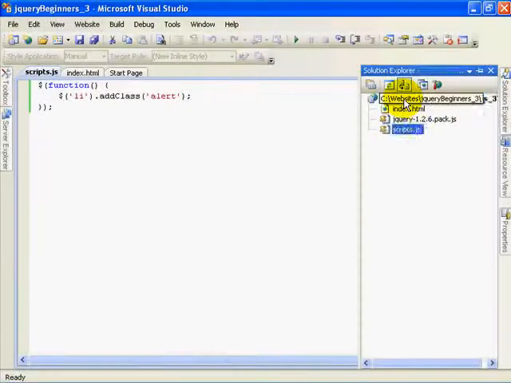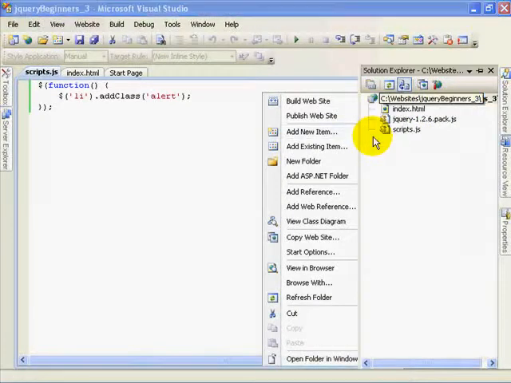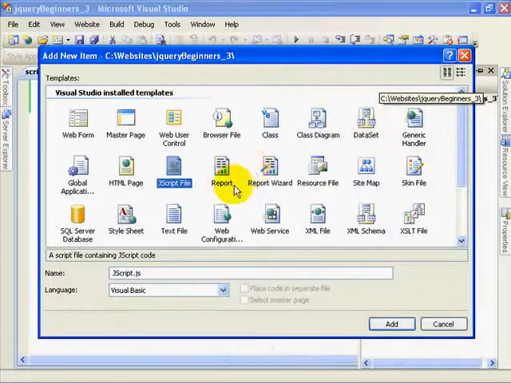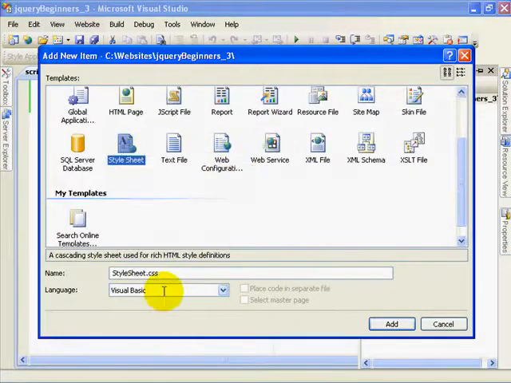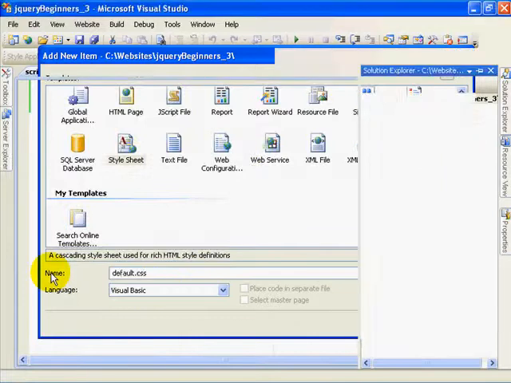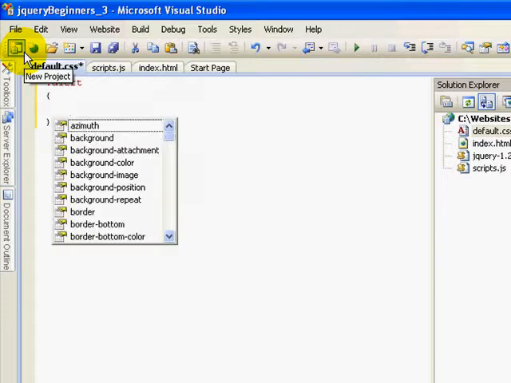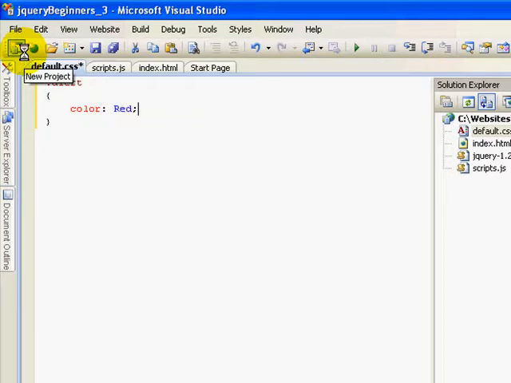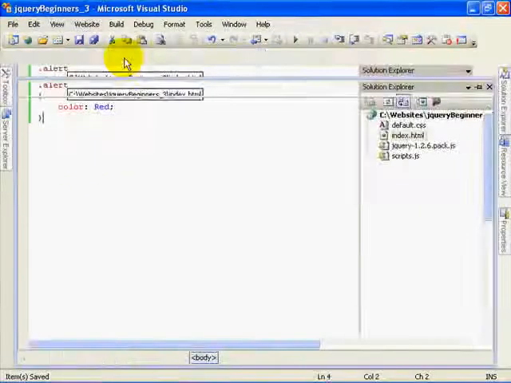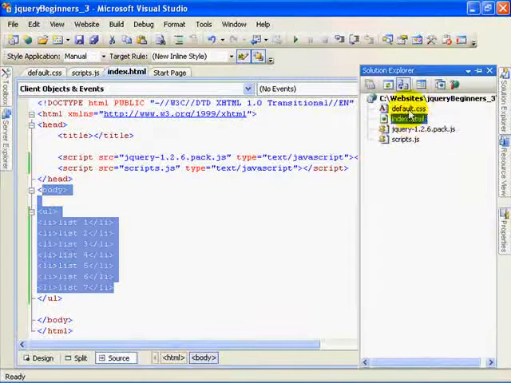So let's go ahead and create a CSS file and just call it default.css, and we'll create that alert. So .alert for a class, and here we'll say color is red. That way, if we ever want to change it, we don't have to sift through a bunch of JavaScript. We can just go straight to our CSS file, which is exactly what you should be doing. And then come back, drag my CSS file into our document,